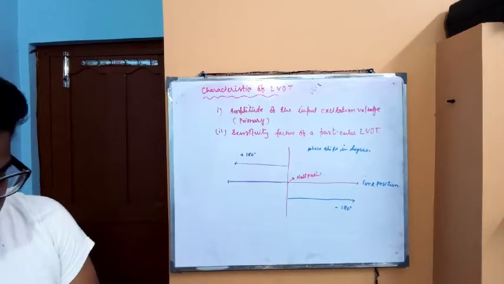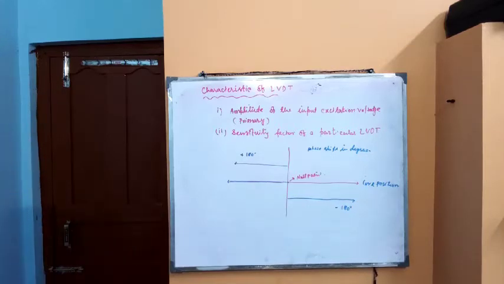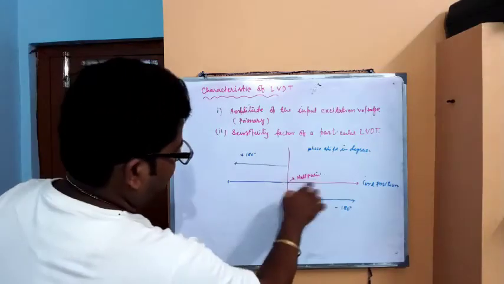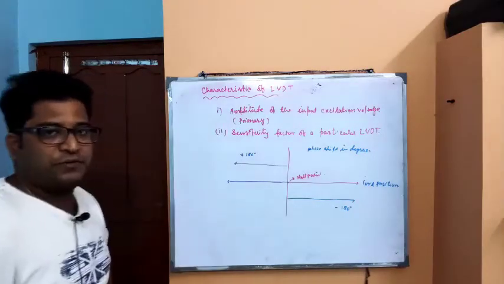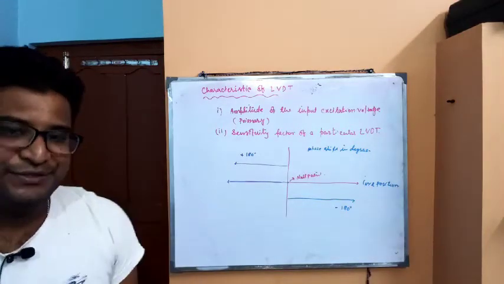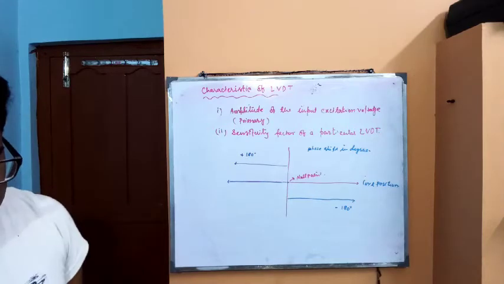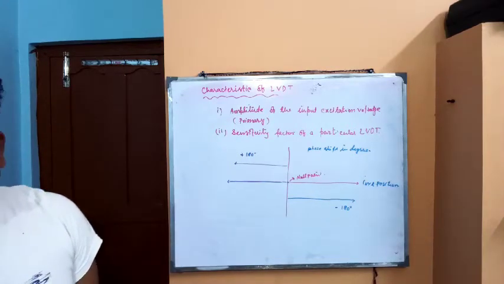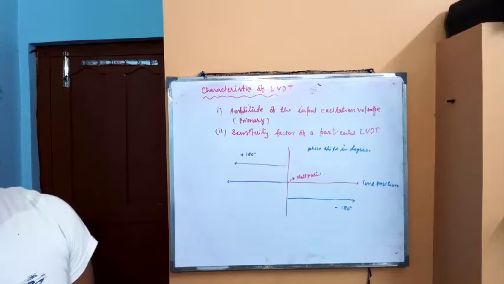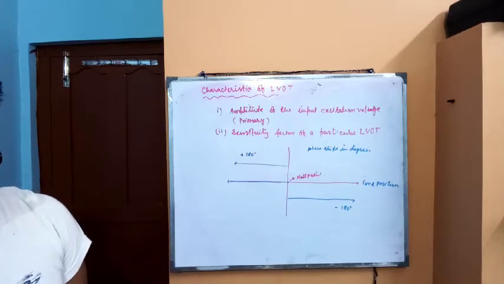So the phase angle of the output voltage with respect to primary excitation changes abruptly by 180 degrees as the core passes through the null point or center. The 180 degree phase shift can be used to determine the direction of the core from